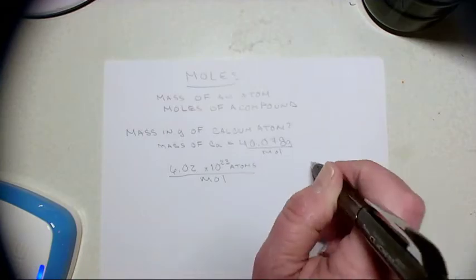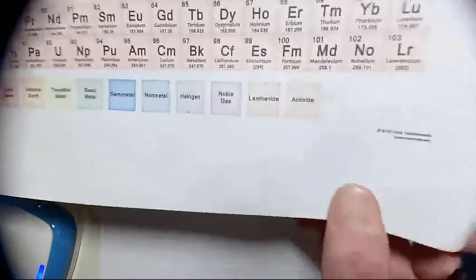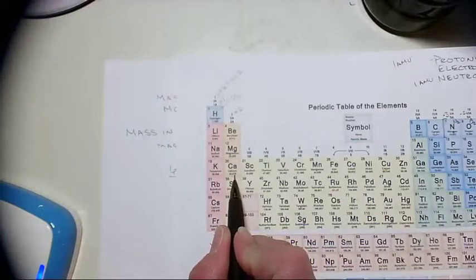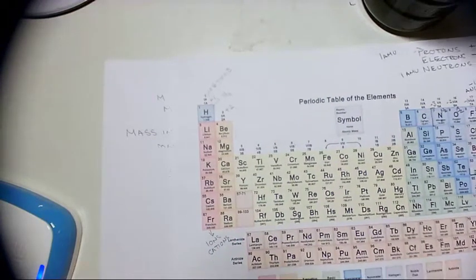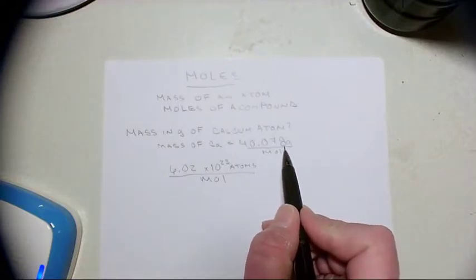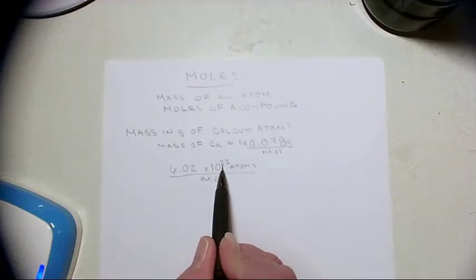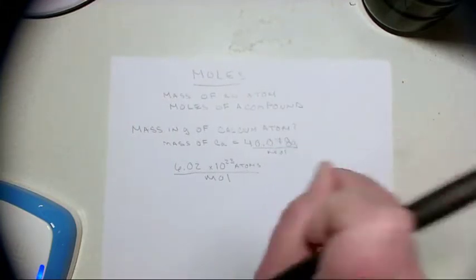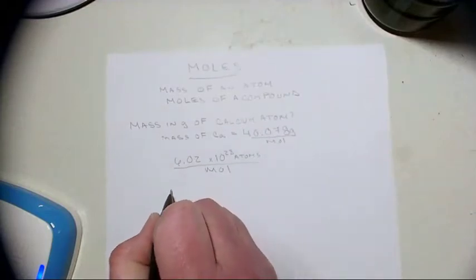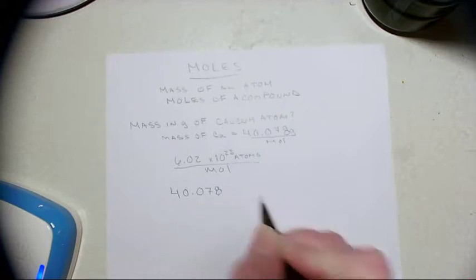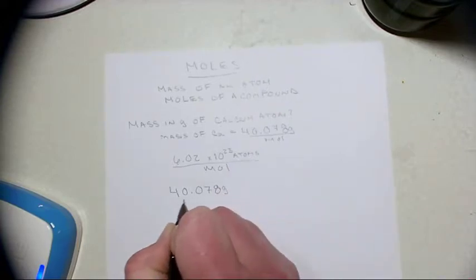So again, going back, we look at our periodic table. You'll see I already wrote it down: the calcium atom is 40.078. So the way we can read this now is it's 40.078 grams per mole of calcium. There are 6.02 times 10 to the 23 atoms per mole. So if I want to get to grams, let's rewrite this. 40.078 grams per mole,